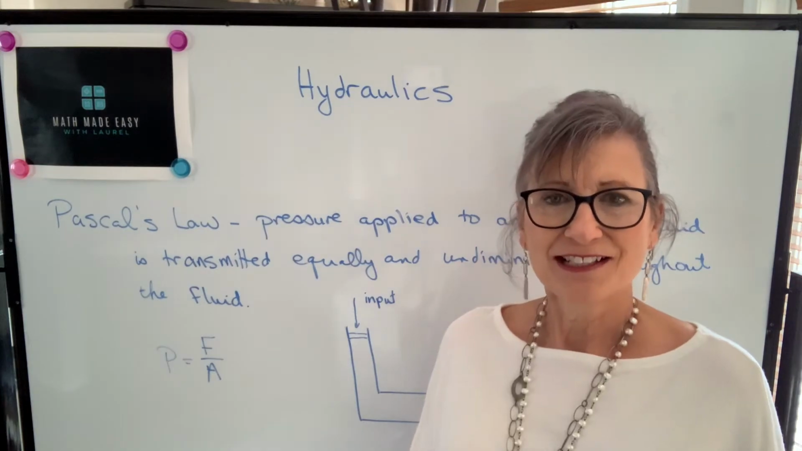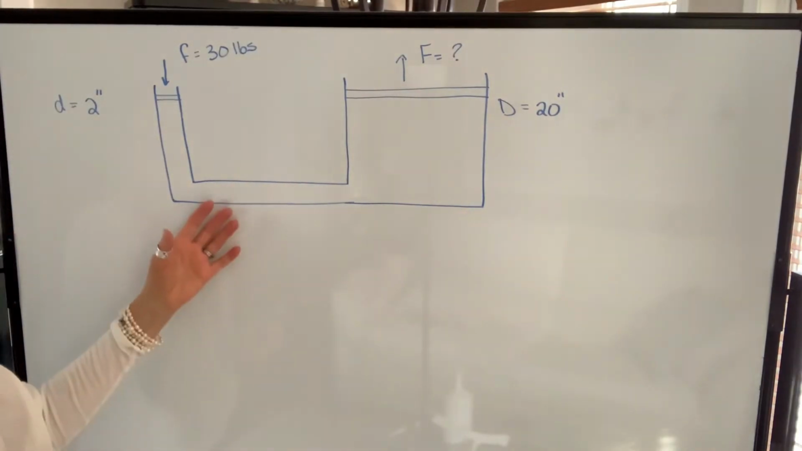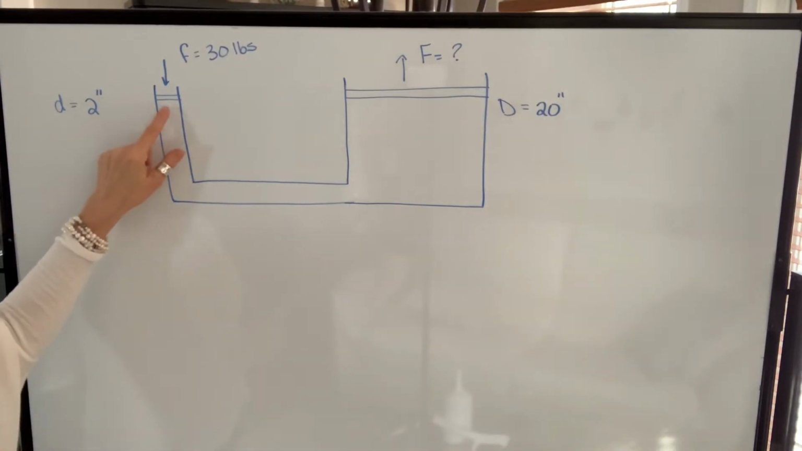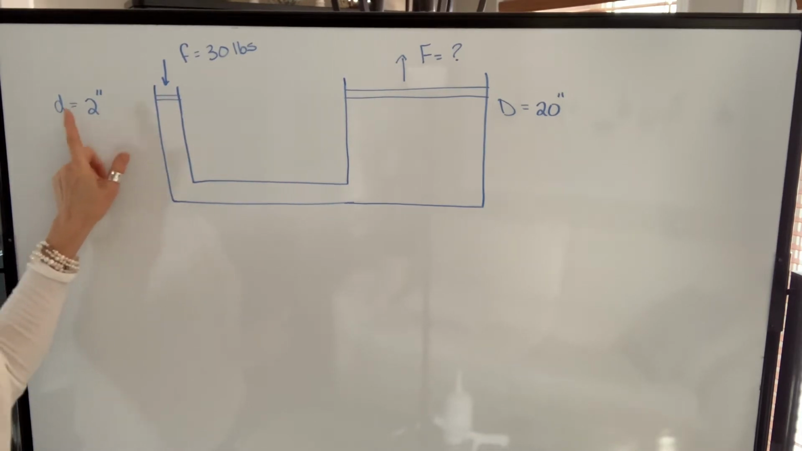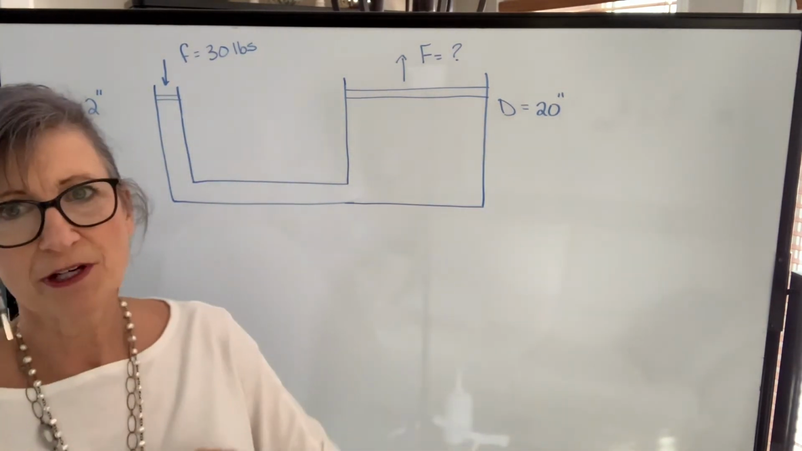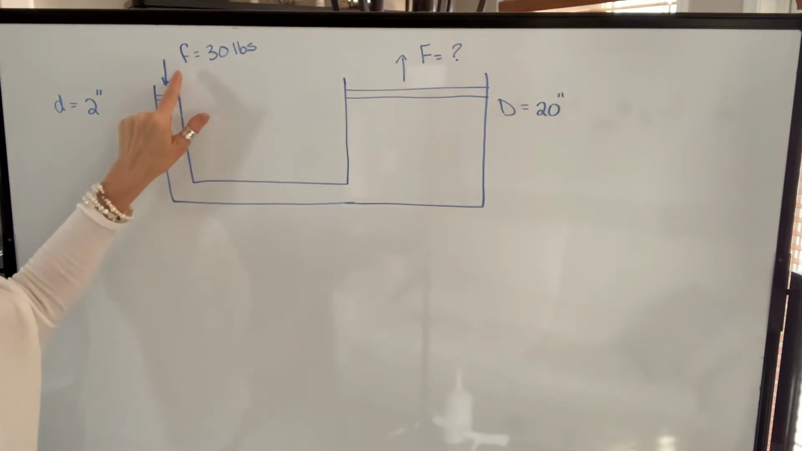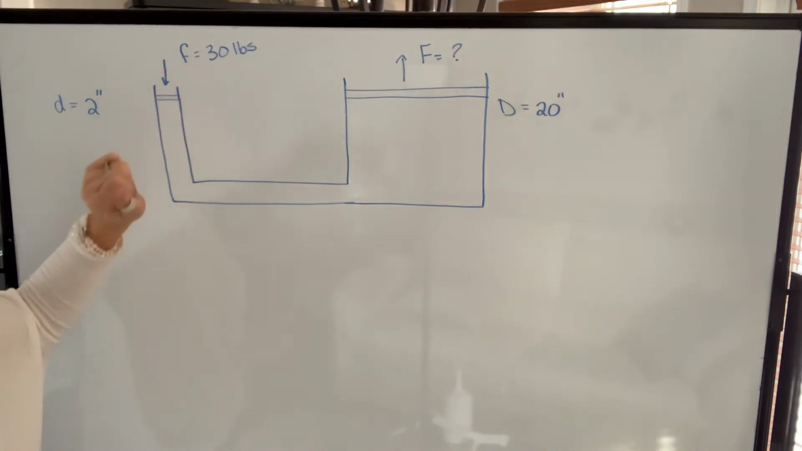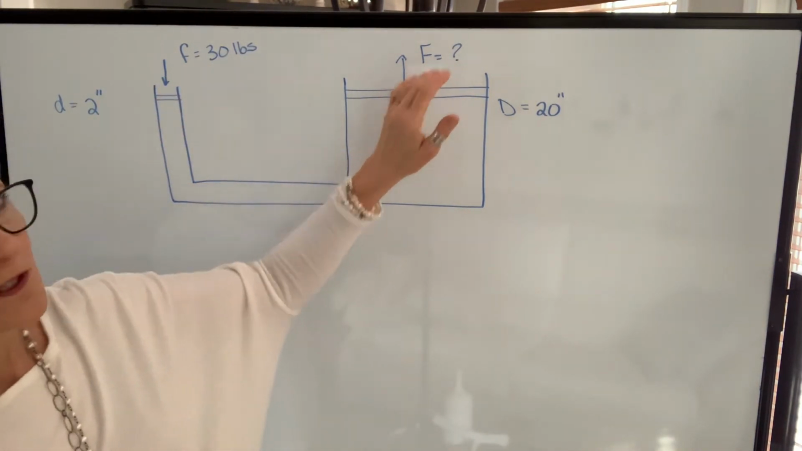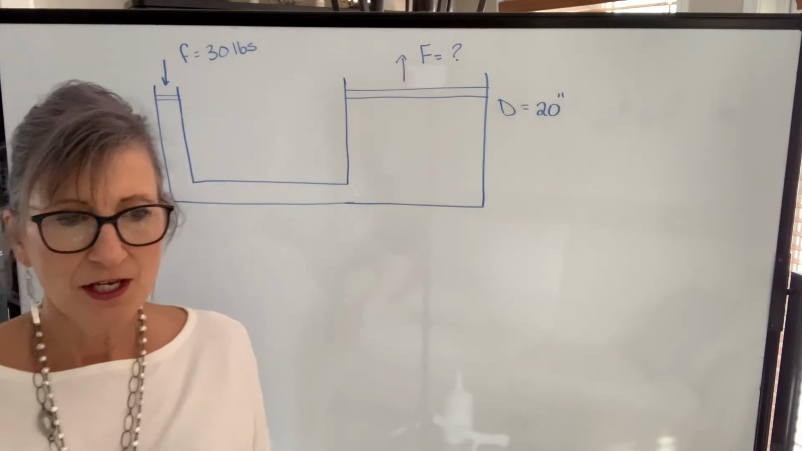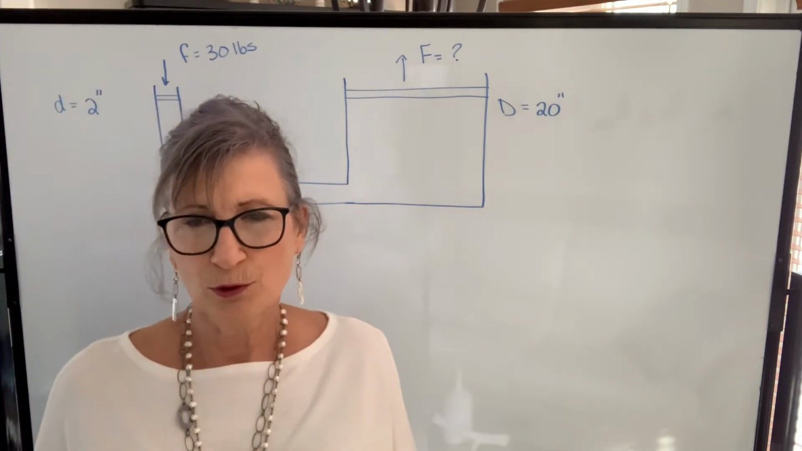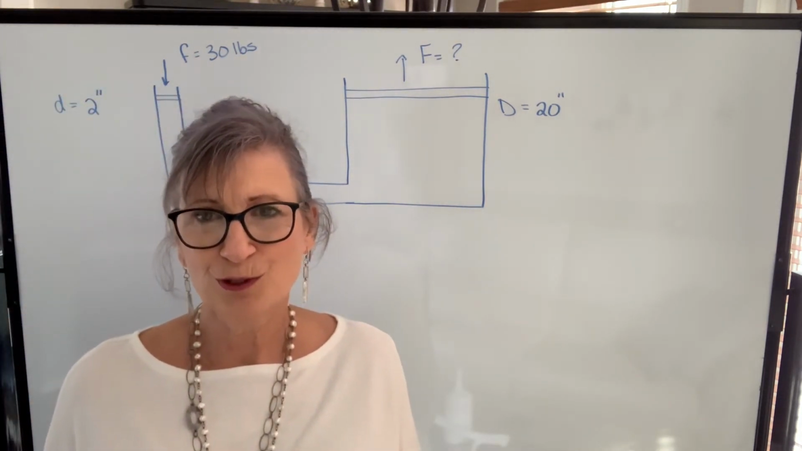Let's take a look at an example. So we have a hydraulic system here where the input has a diameter of 2 inches, the output has a diameter of 20 inches. We're introducing a force of 30 pounds at the input, and we're asked to find the force at the output. There are 3 ways we can approach this question, and I'm going to actually do it all 3 methods,